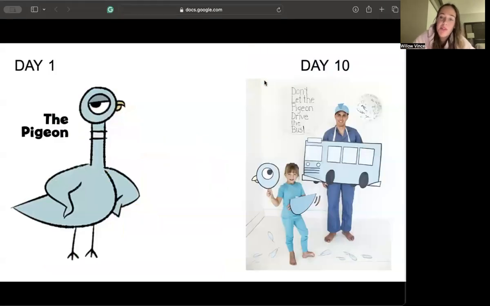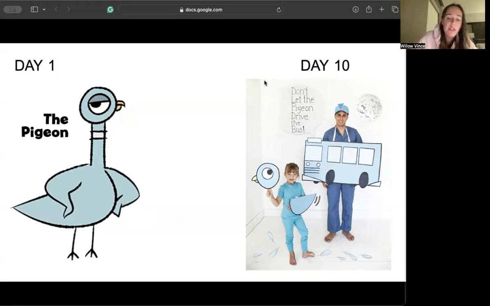To capture students' attention on day one of the author study, we opened with a very funny animated video of the pigeon from Don't Let the Pigeon Drive the Bus. I chose to do this because it really immediately sets the tone for the unit. All of his books are very silly, and this helped to set the tone as silly, engaging, and interactive. It really gave the students a sense of Willems's humor and style we'd be exploring throughout the rest of the unit, and to really get them excited for what's to come.